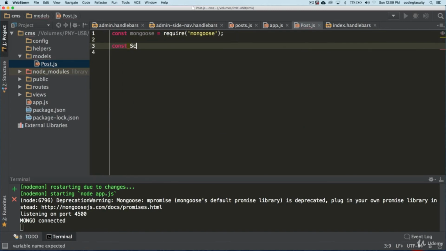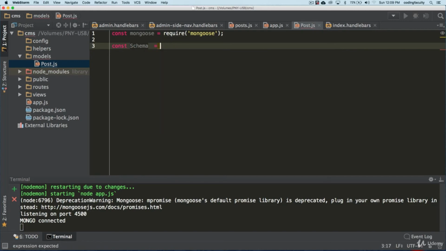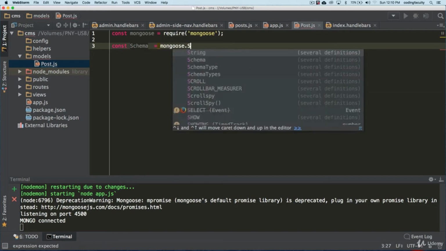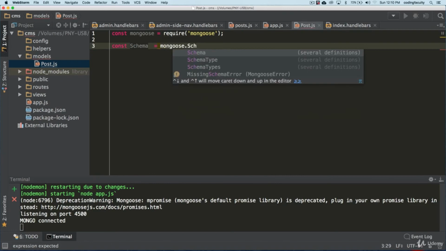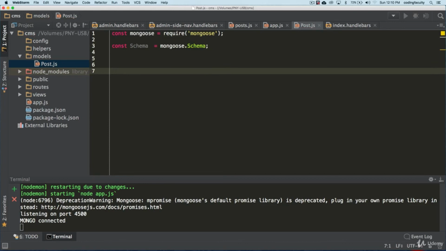But first, let's create a variable here to hold our schema. Mongoose has this nice object that we can use. It's called mongoose.Schema with a capital S. There we go. Now we have the schema here. Now we need another constant to hold our schema.